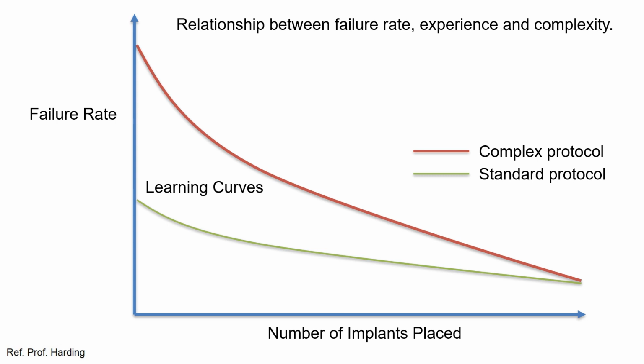But if we then add into this mix, if you like, the fact that the surgeon is relatively inexperienced, that is less than 50 implants placed, then we can expect a correspondingly high failure rate and learning curve. So we have learning curves here in red, which is for our complex procedures performed by relatively inexperienced operators, and we have the standard protocols, which is the green, and again our relatively inexperienced operators will expect higher percentages of osteodisaffiliation than our experienced